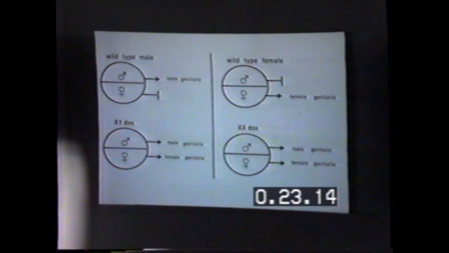If, on the other hand, one looks at what happens in individuals that carry a complete loss of function at doublesex, one finds that regardless of their chromosomal type, one gets both male and female genitalia produced from the two primordia, so that both kinds of differentiation are simultaneously occurring.